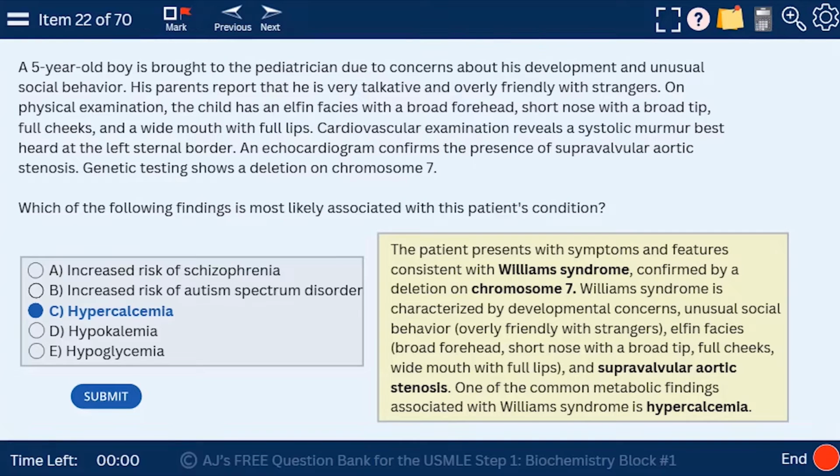I actually know a patient who very recently got surgery due to Williams syndrome, supravalvular aortic stenosis, and now is